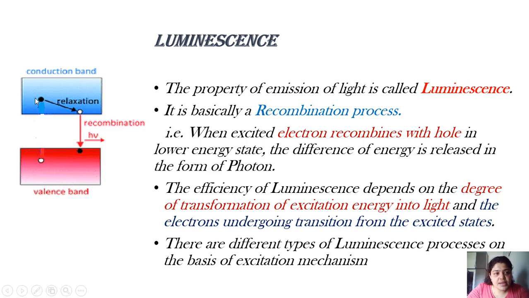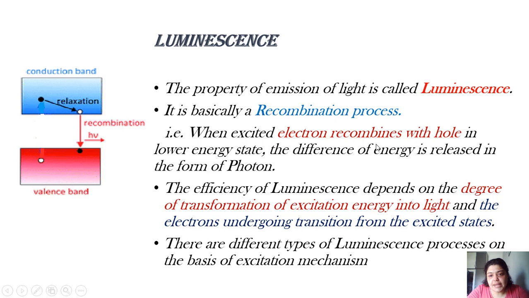Whenever there is an electron in the conduction band having higher energy, this electron comes down to the valence band. Why will it come down? Because in the excited state, the electrons can stay for a very short duration. So they are definitely going to come down. Whenever these electrons come to the valence band, they had energy, and now this is a lower energy level. So where will this difference of energy go? Because energy cannot be destroyed, this energy is emitted in the form of a photon. And this is how we get light. So this is an example of a recombination process.